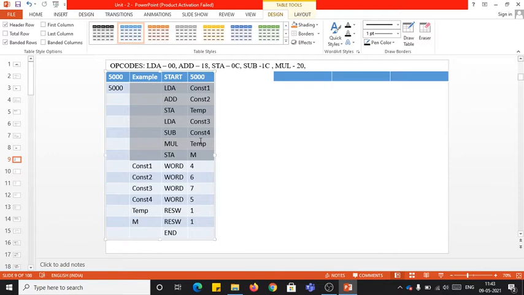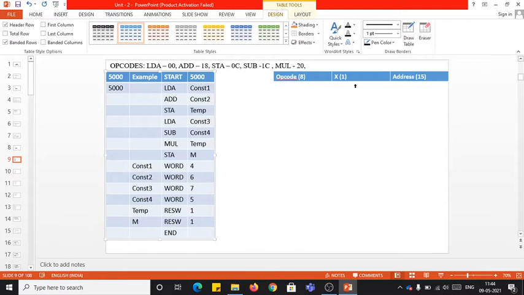in SIC there is only one format, which has, I hope you remember, an opcode of 8 bits, followed by X of 1 bit, and that is followed by the address of 15 bits. So that's how we have the 24 bits format in our SIC. So this is the format: opcode followed by X followed by the address, right? Now what is the length of this instruction, which is 24 bits? 24 bits means 3 bytes.